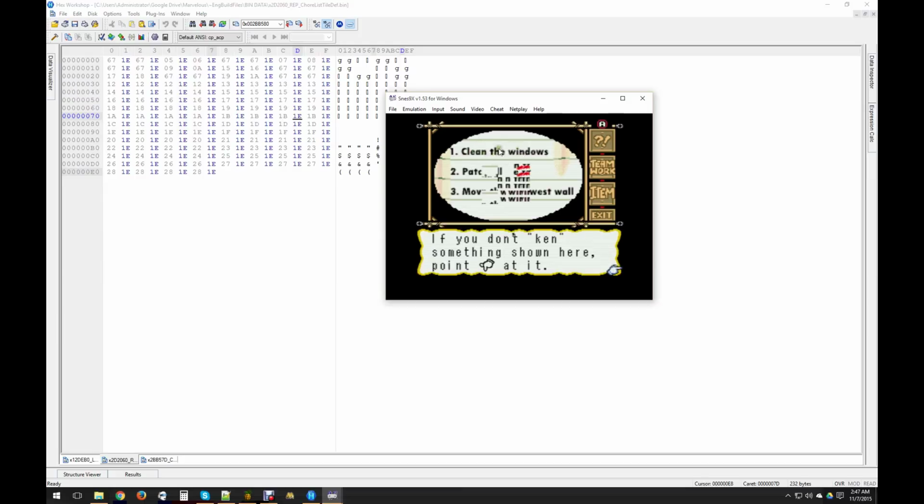I don't know if that's the correct way to say that, but the tile map is defined twice, as is this third line. This second line is technically defined at least twice, but